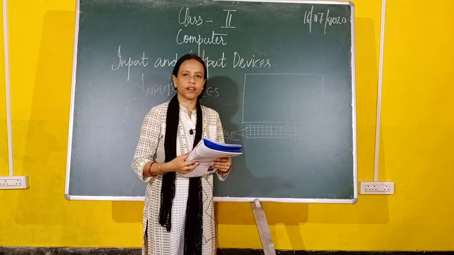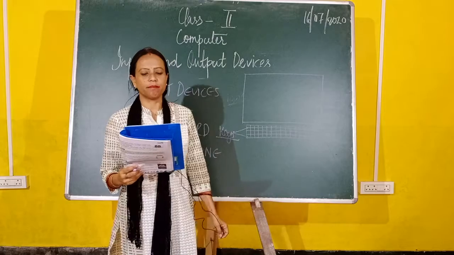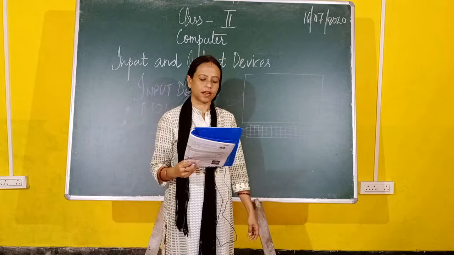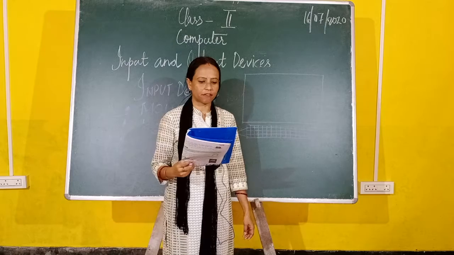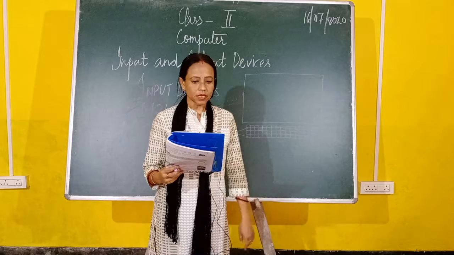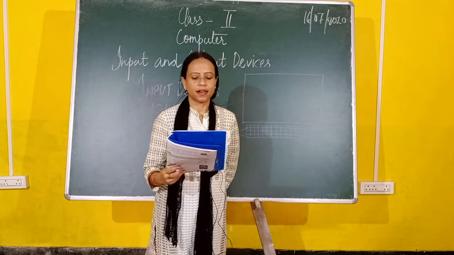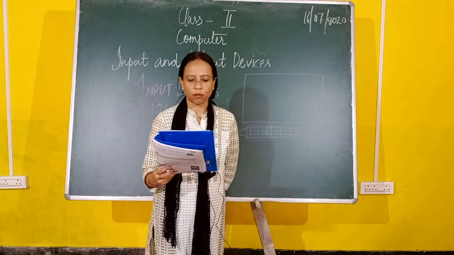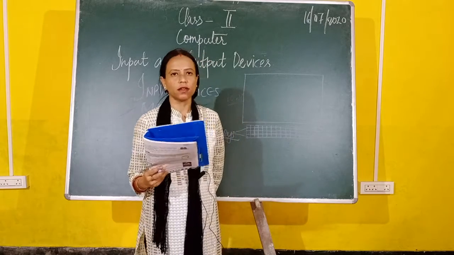On this, let's read it first. A keyboard has many buttons present on it. These buttons are called keys. It has 104 keys of different types, such as alphabet, number, special, and arrow keys. These keys are used to type letters, words, numbers, or symbols. The typed work is displayed on the monitor. Some of the keys are used to enter commands into a computer.